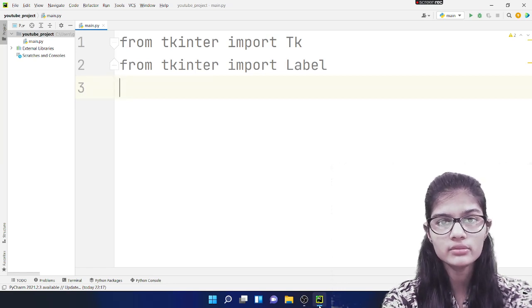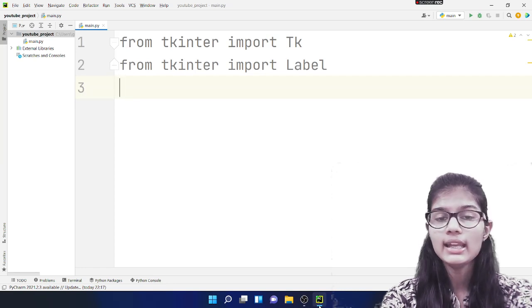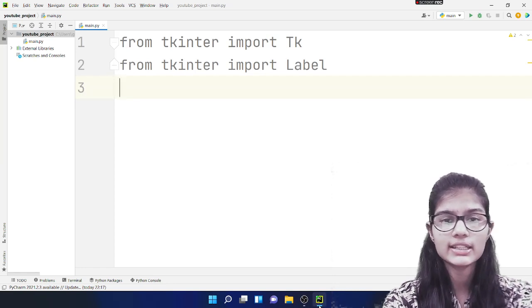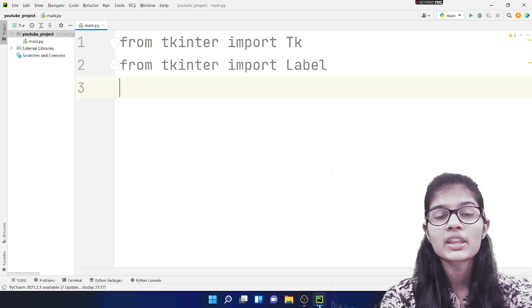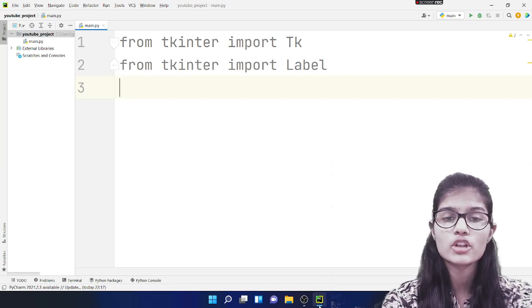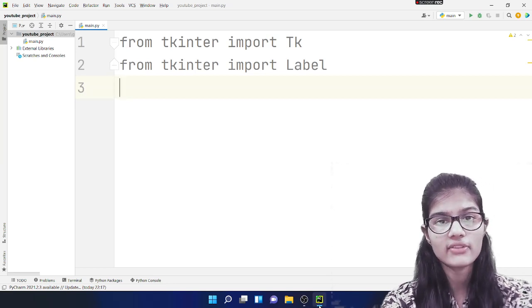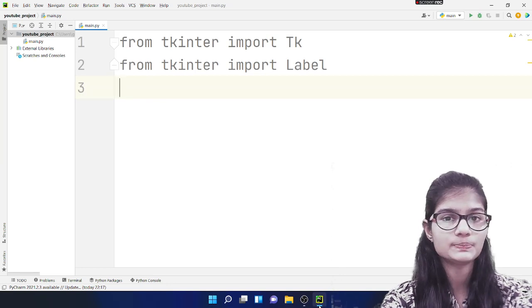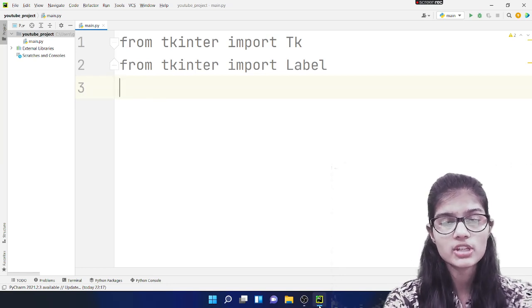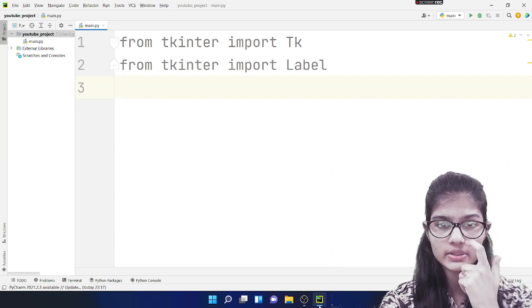As we normally use a print statement to print anything onto the Python console, in a similar way, Label is the function we use whenever we want to print anything onto the tkinter window. So tk is the tkinter window, and Label is a function which allows us to write onto the tkinter window.